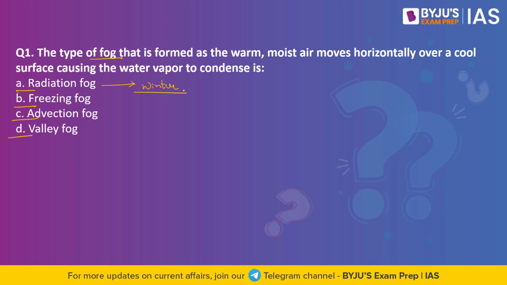To make it more clear for you, let me explain. See, this type of fog forms overnight as the air near the ground cools and stabilizes. When this cooling causes the air to reach saturation, fog will form. The fog will first form near the surface, thickening as the air continues to cool. And Delhi is experiencing fog mostly because of this phenomenon. Coming to valley fog. Valley fog forms where cold, dense air settles into the lower parts of a valley, condensing